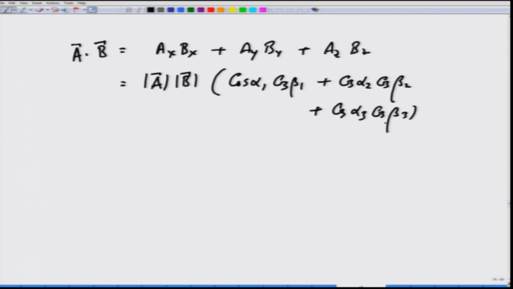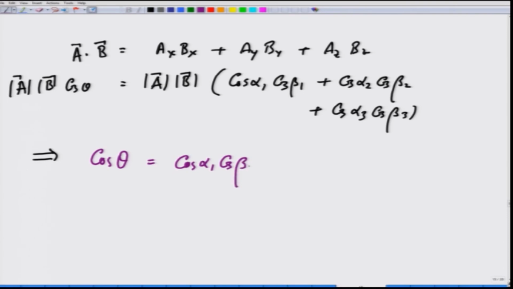beta 3. On the left hand side, I am going to have magnitude of A times magnitude of B times cosine of theta, and this immediately gives you that cosine of theta is cosine alpha 1 cosine beta 1 plus cosine alpha 2 cosine beta 2 plus cosine alpha 3 cosine of